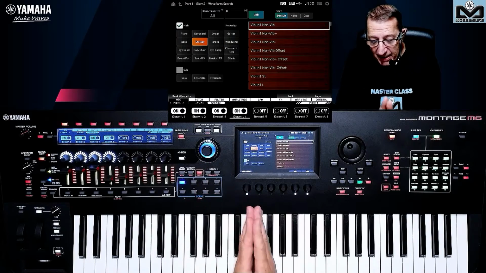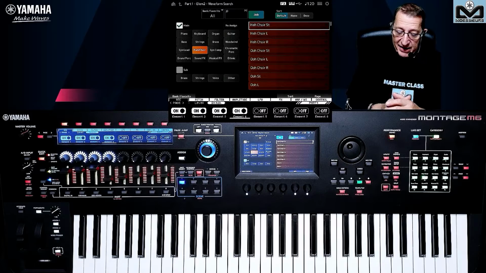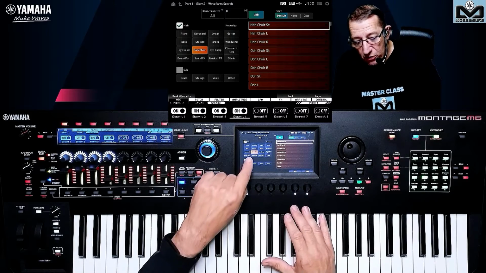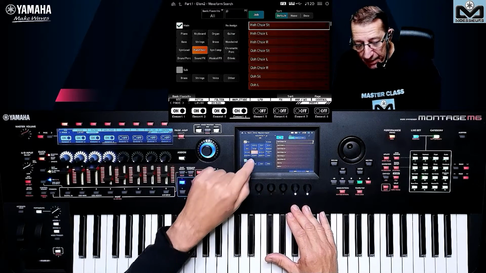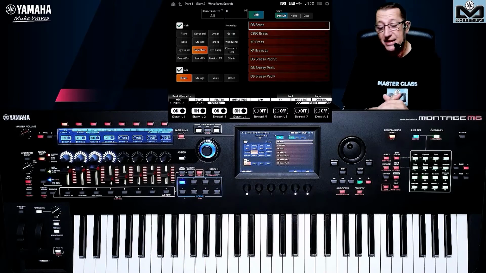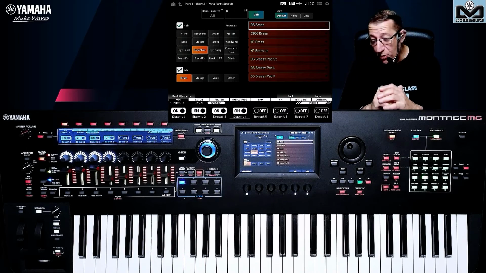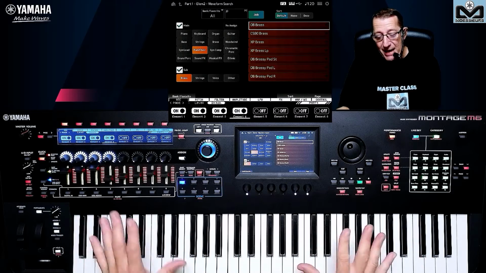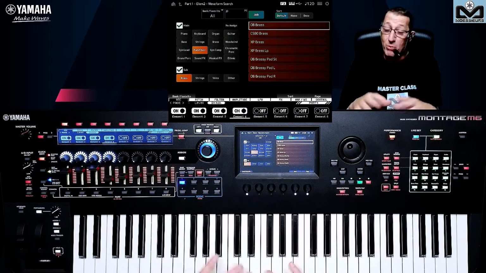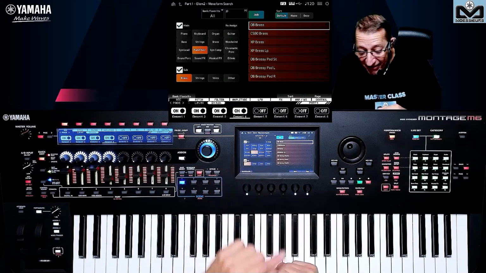We have solo, ensemble, pizzicato. You need to remember that the synth brass and synth strings are in the waveform part core category, and here we can filter with all the brass. That's why I take this example with the brass, because all the brass you have on AWM2 on your Montage M, and the Montage MODX, MODX Plus use only this waveform.